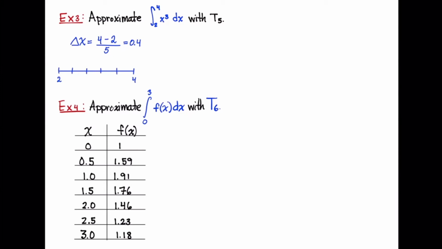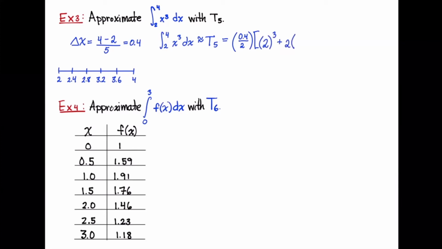Okay. So then if we're starting at 2 and our delta x is 0.4, then that gives us endpoints of 2.4, 2.8, 3.2, and 3.6. So subbing this into our formula, we have the integral from 2 to 4 of x cubed dx is approximately T sub 5, which is equal to, we have our delta x, 0.4 over 2, and then that is times, subbing in our left endpoint of 2, we have 2 cubed,